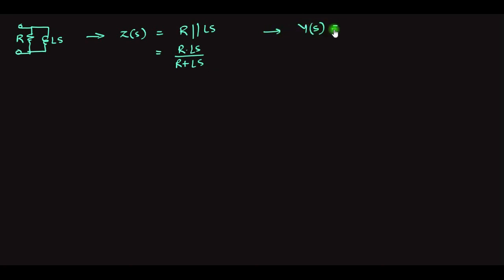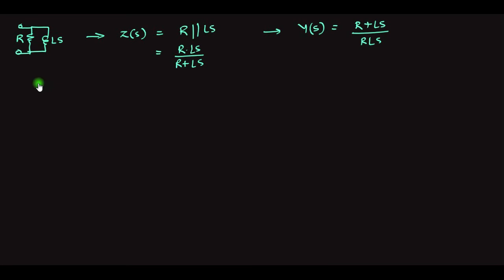In the last slide, we derived the network function for series networks. Let us now consider the elements which are connected in parallel. Say we have a resistance connected in parallel to an inductor, and how would its network function look? Say it is R, and the inductor is Ls, then its network function Z(s) would look like R parallel Ls, and on solving I will get R into Ls divided by R plus Ls, and its driving point admittance would be given as (R plus Ls) divided by